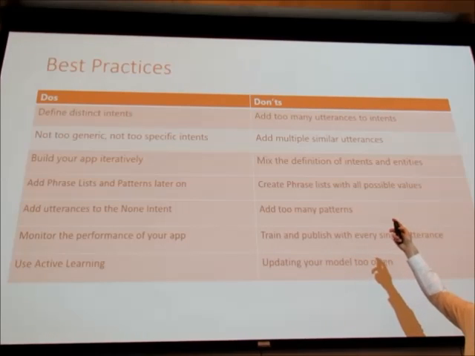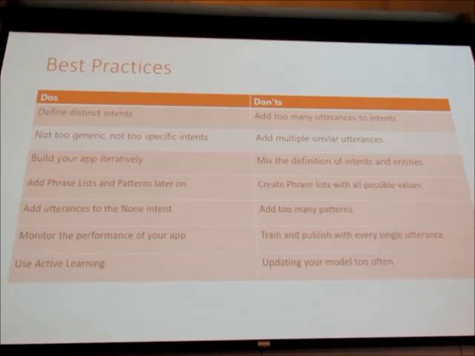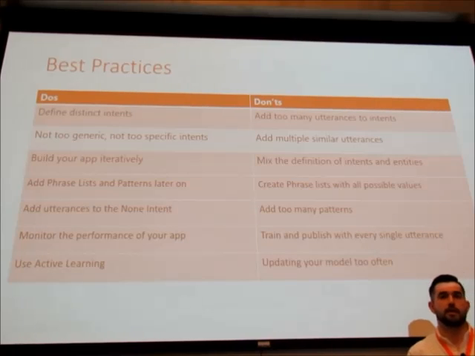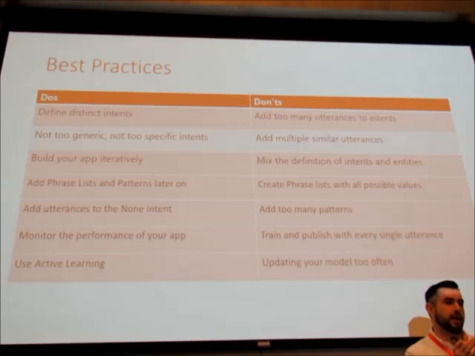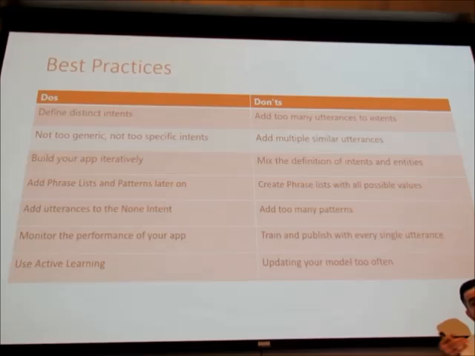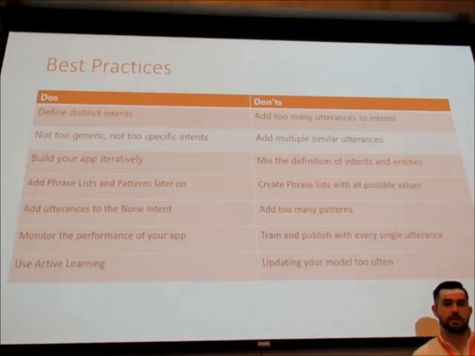Also, this one at the top right, with utterances: be very careful how many utterances you train that are in the same format. You're impacting the learning of the model by saying, book me a flight to Japan, book me a flight to Paris, book me a flight to Montreal. Those are the same format sentences, and if you provide those training utterances over and over again, it's going to start learning things it shouldn't, and it's really starting to respect that format for that intent. And anytime you actually do want to book a flight somewhere else, it's going to say, well, it's not this format that you've given me, so it's going to have a low scoring intent. So you want to vary your utterances as much as you can.